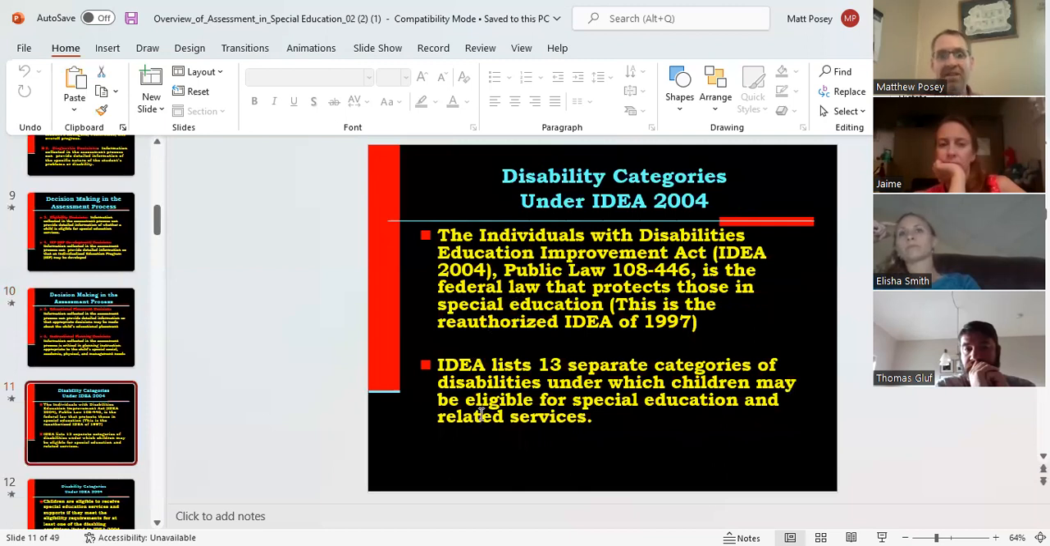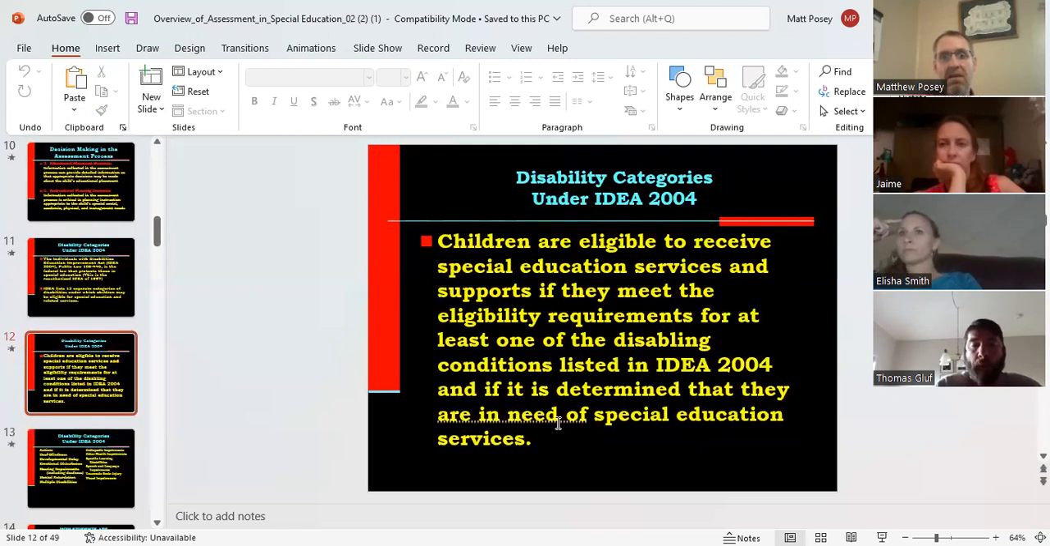Here it just talks about the categories under IDEA, Public Law 108-446, a federal law, which has 13 categories of disabilities, which are listed. So there's a plethora of those categories. I think I mentioned it maybe the first night. One thing that's interesting is the category of emotionally disturbed. Has anybody really ever looked at that